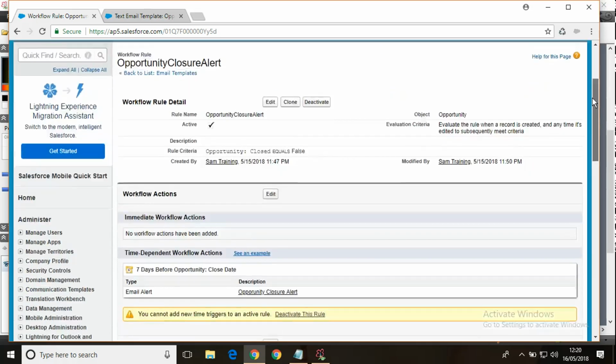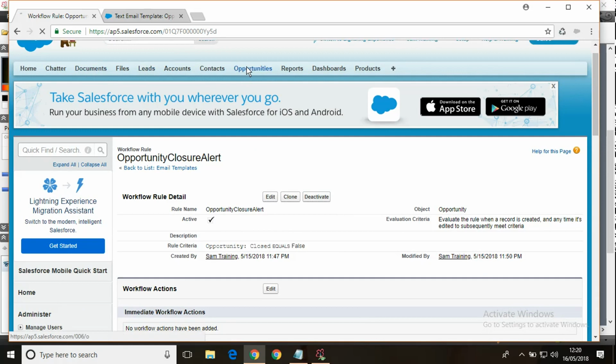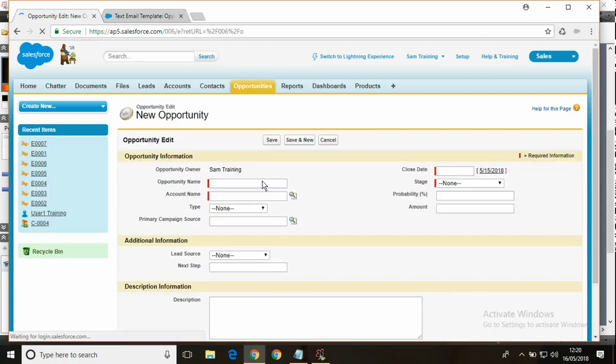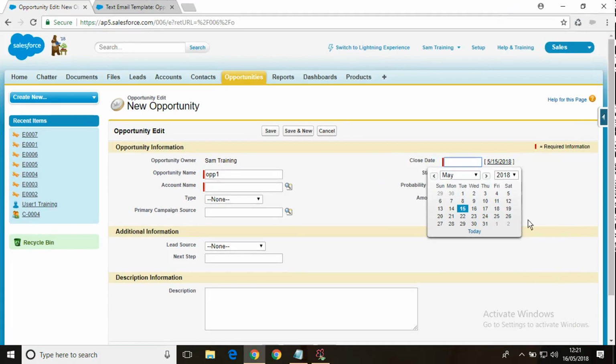Now let us create a new record in opportunity, and let us keep the closure date. So opportunity name, say OPP1, closure date, let us put it maybe 7 days after. It's a US time, whatever Salesforce time is there.